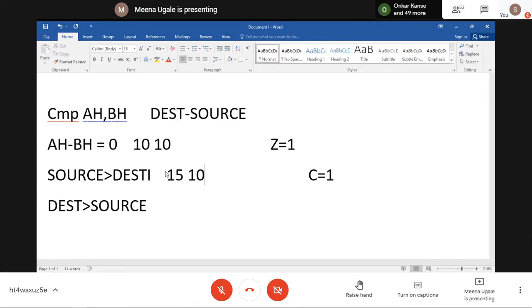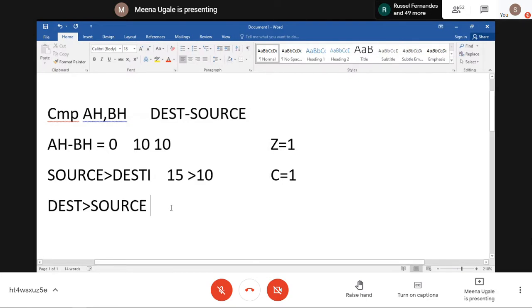Just take another example. So what will happen? 10 minus 15, destination minus source. So this is another condition, that 15 is greater than 10. That means 10 minus 15 is going to generate the borrow flag, and borrow flag means the carry flag, the same bit is used here as a borrow. So your C bit will be set to 1.